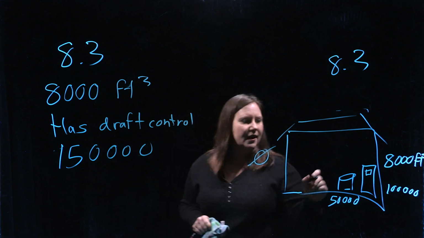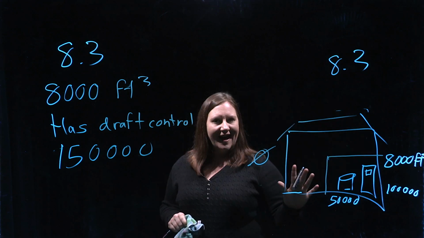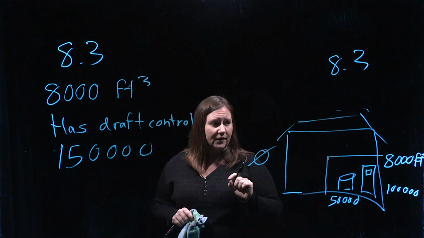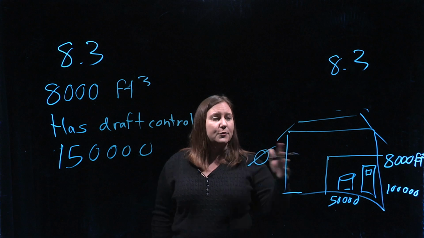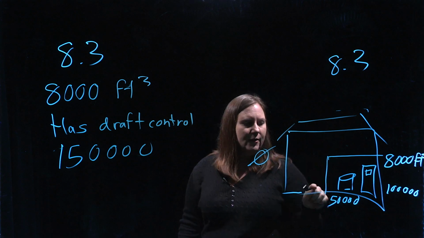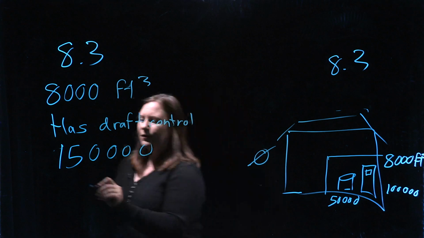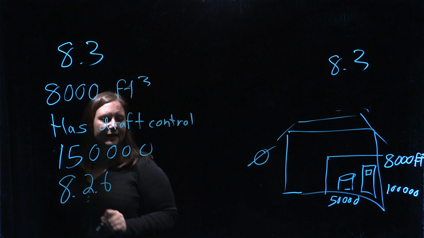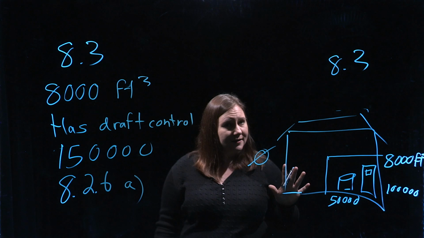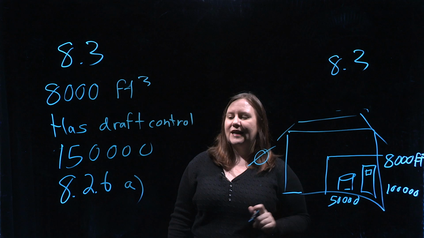What could change is that inside of this building, we have an enclosure. So yes, the building has lots and lots of air, but this enclosure doesn't have the same amount of air as the building. So we have to allow for communication in between the enclosure and the structure. So from that, I now have to refer to 8.2.6. And 8.2.6a says that all appliances, having draft control or not having draft control, need to have a lower opening